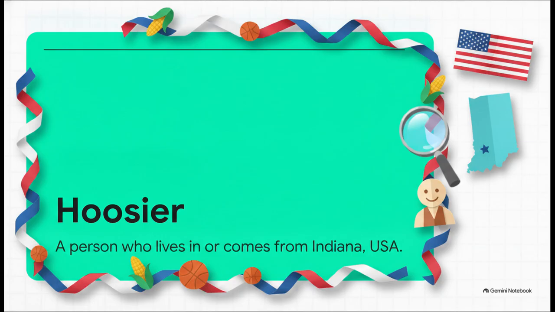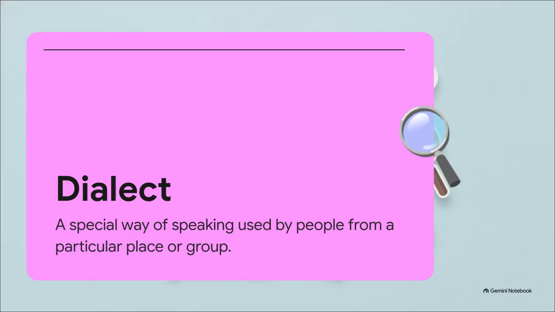So if you want an easy revision, just remember a person from Indiana. Let's look at our example sentence. Tom is a Hoosier because he lives in Indiana. Fantastic job. Okay, next up we have the word dialect. Let's sound this one out together. Dialect. A dialect is a special way of speaking used by people from a particular place or a specific